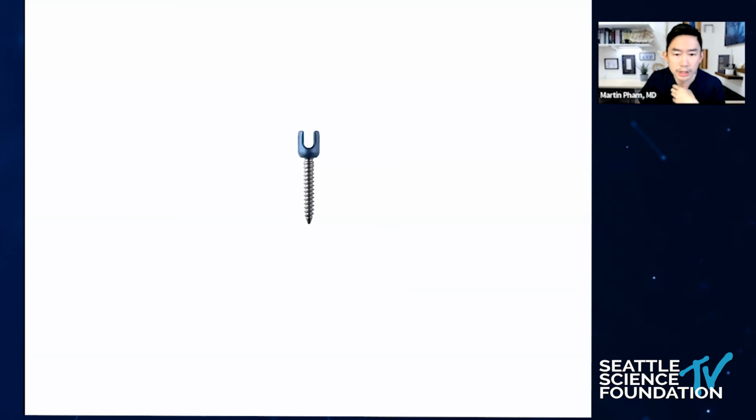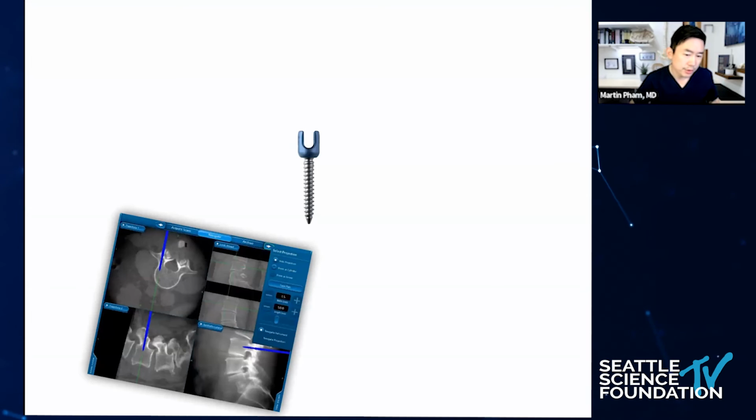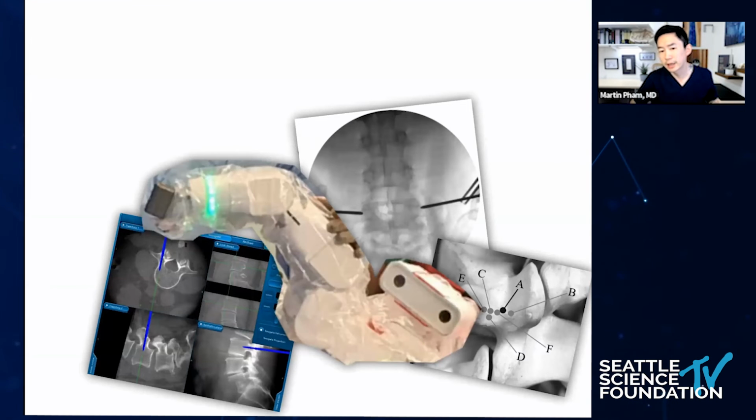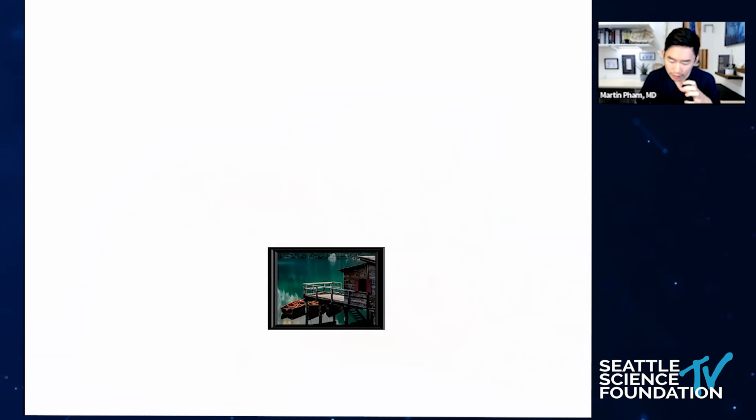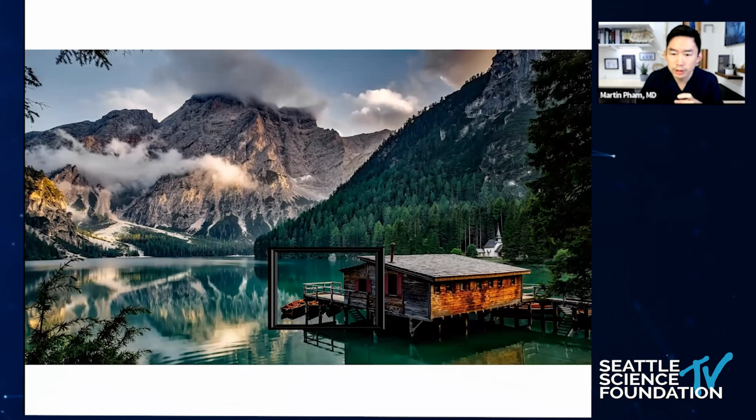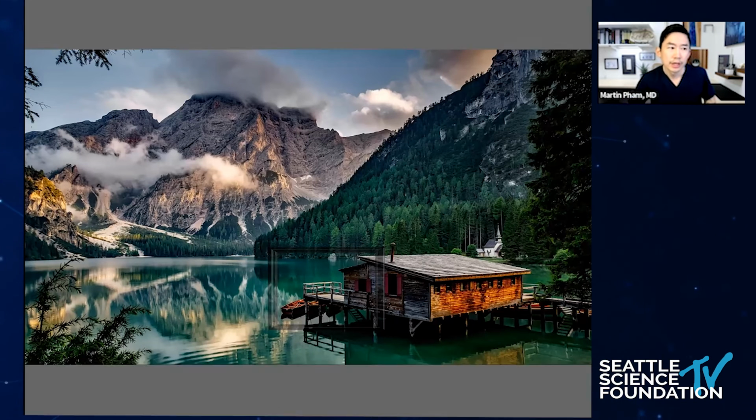So, in conclusion, a lot of the talk about robotics is how to put in screws. Do you put in screws with nav, fluoro, freehand, or do you use the robot? But I think that's just a small window into what the bigger picture is, right? And the bigger picture is that the use of these robotics platforms and predictive planning on the software is really